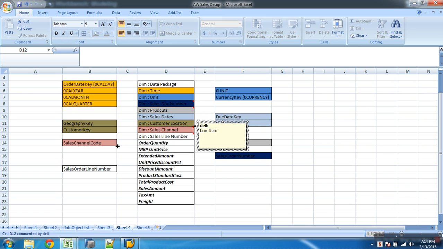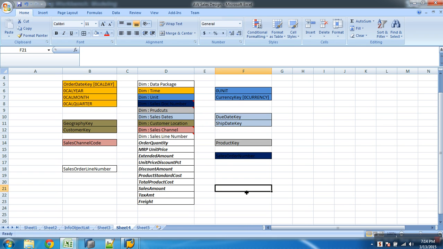Line item dimension. Like this, you can start. So when you create a line item dimension, what happens? Dimension table does not come into existence. Straight away, the SID table will be linking to the fact table. With that, you are reducing joins, improving query performance, and also eliminating the generation of dimension IDs, and it will improve your loading performance also.